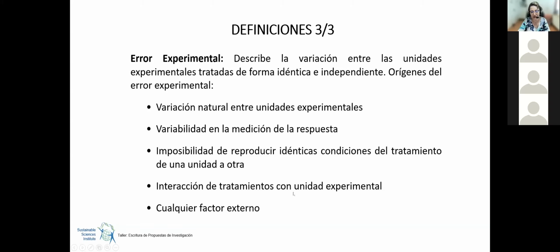And we also have interactions with other treatments or other conditions that may change the response to the treatment that I am assessing experimentally, or any other external factor. So as in other sciences, we always have to consider and anticipate potential errors that can be included in my experimental design. This is a great advantage